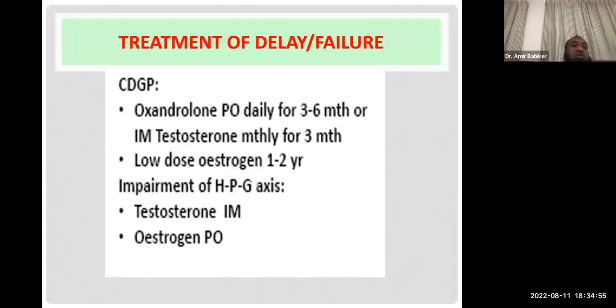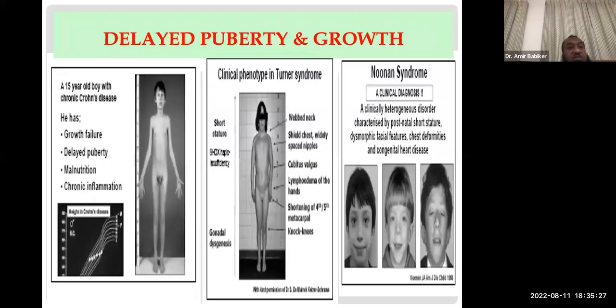And you induce it gently by testosterone or oxandrolone in cases of constitutional delay of growth and puberty. It can also be induced by estrogen, even in boys. But you can do that in girls if it's constitutional delay. But if the axis is affected and it's a central problem, then you need to give what we call maintenance hormonal replacement therapy in form of testosterone injections or estrogen, oral or patches or subcutaneous or creams. There are different formulations of this, so I don't need to get into the details.